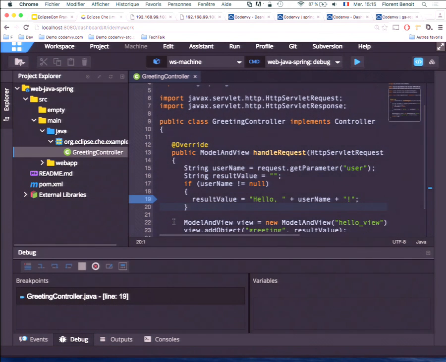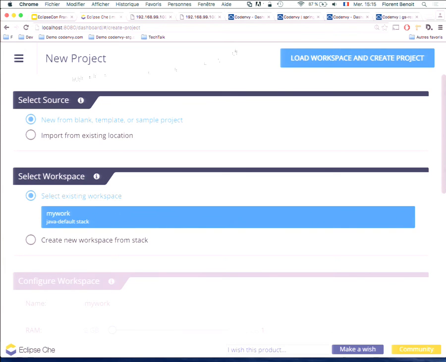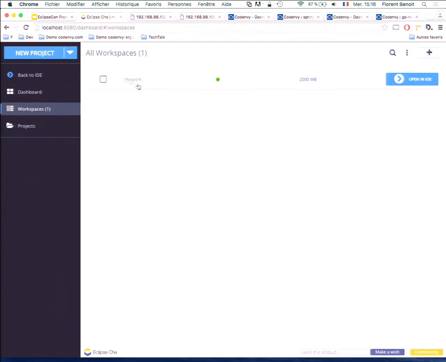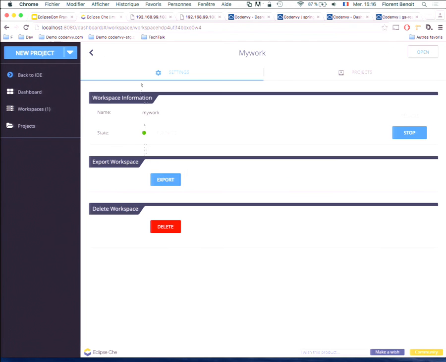And then Stevan has told us that we have in Che the ability to export a workspace from my computer to a remote computer. So if I go inside the dashboard, here I have my workspace. And the idea is that I want to export this Eclipse Che workspace to a remote workspace.